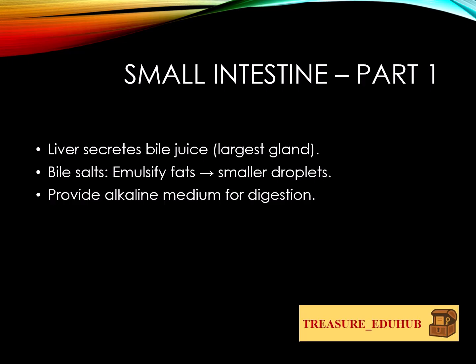After 3 to 4 hours of mixing, grinding and partial digestion of protein, the semi-digested food comes into the small intestine. The small intestine secretes intestinal juices which will ensure complete digestion of our food. In the small intestine, other secretions from the liver and pancreas are also released. The liver secretes bile juice, which is alkaline in nature. The liver is the largest gland present in our body and it helps in the digestion process. Point to be noted: the liver does not digest, but it helps in the digestion process because bile juice